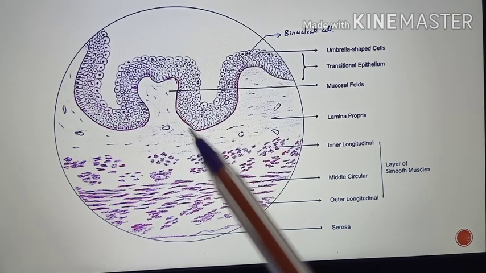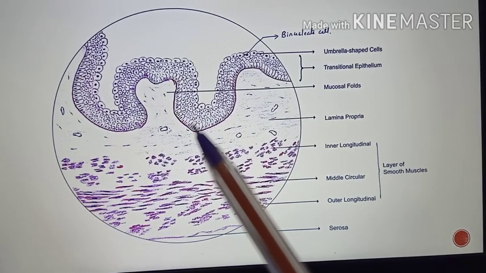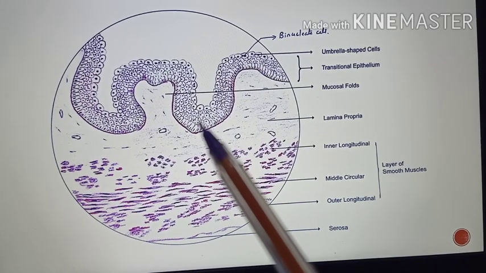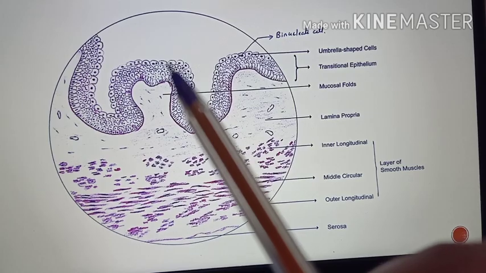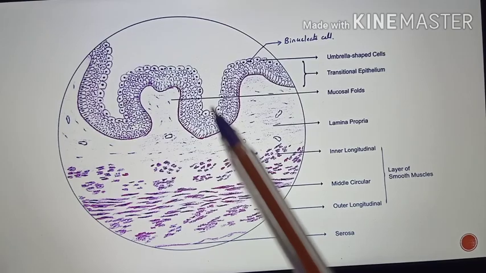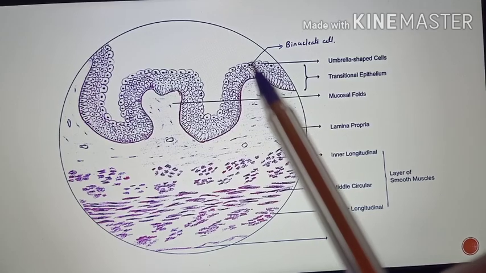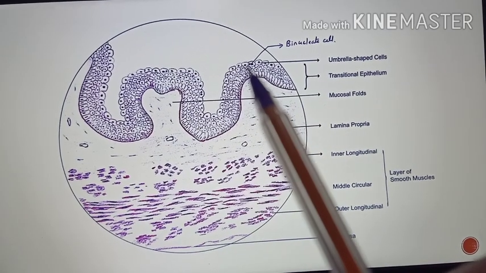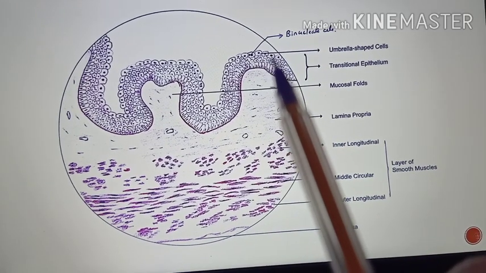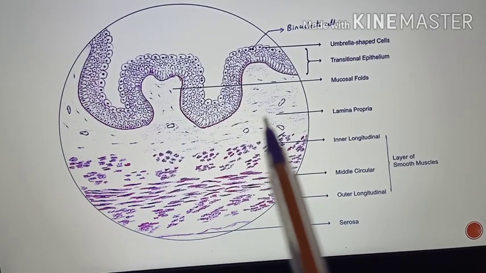Then on the basement membrane, the layer of cells you have are the columnar cells. Superficial to these columnar cells, the layers of cells will be polygonal cells. Above that you have the dome-shaped or umbrella-shaped cells, the topmost layer of cells. In these umbrella-shaped cells, a few cells you can draw with two nuclei, and those are called binucleate cells. This is a stratified epithelium having around 5 to 6 layers. Then the lamina propria is connective tissue along with a few blood vessels.